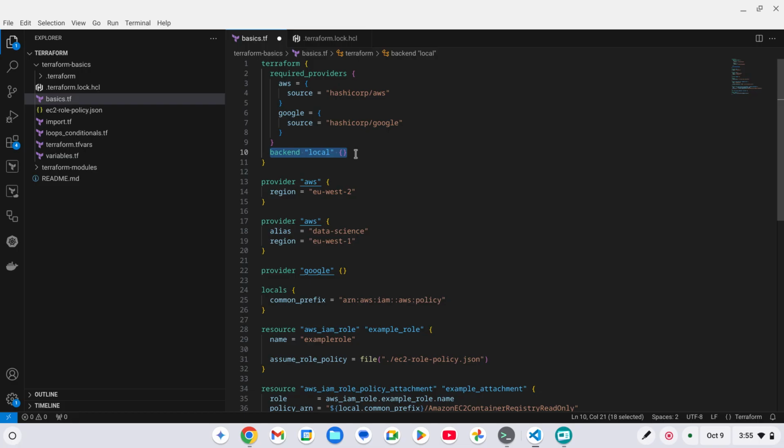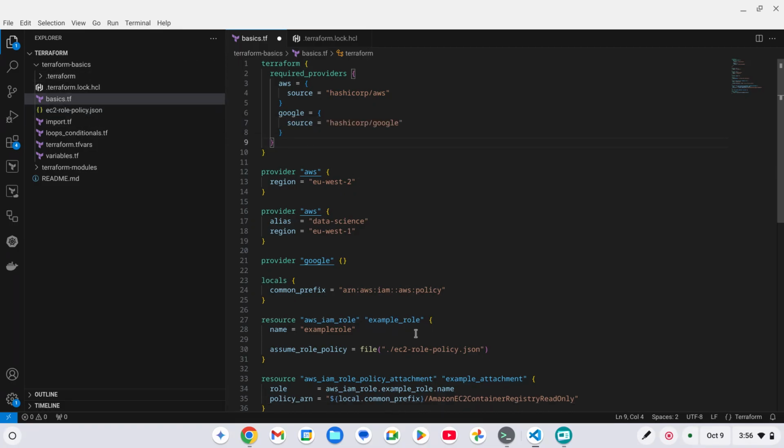Now we can have different types of backend within Terraform. Terraform gets shipped with a few different types of backend. So for example, local, this is the default one. Even if I don't define a backend block in here, and I run Terraform init and then do a Terraform plan, Terraform would create a local backend automatically and create a terraform.tfstate file automatically in my directory. So for example, just to show you